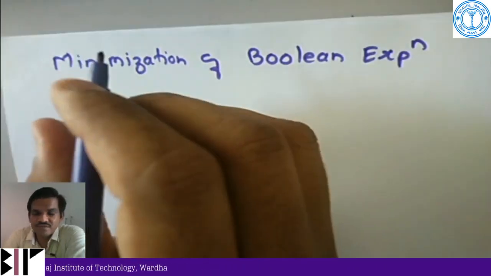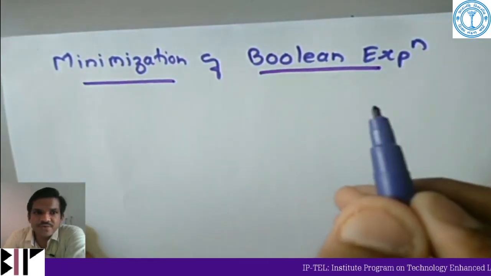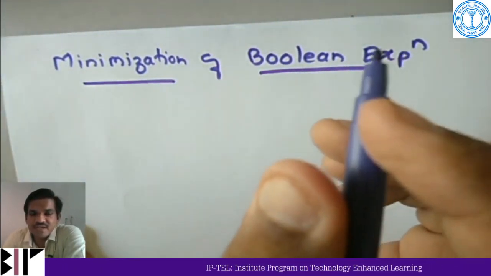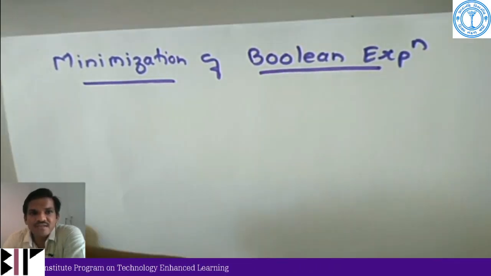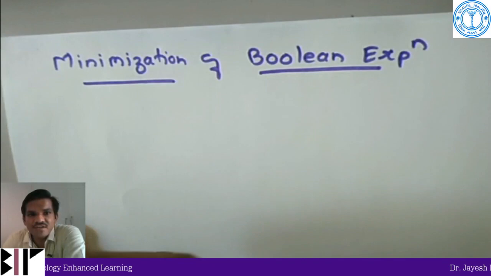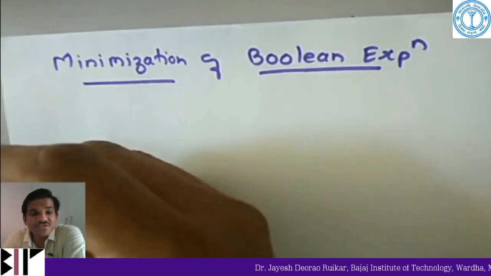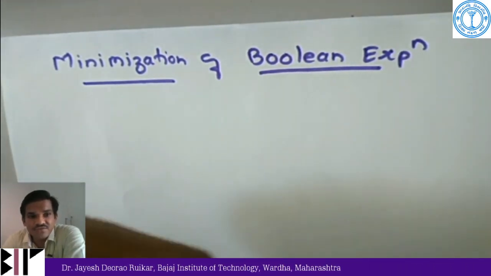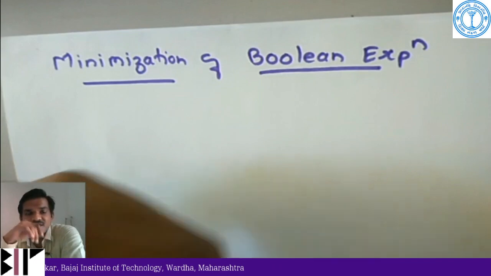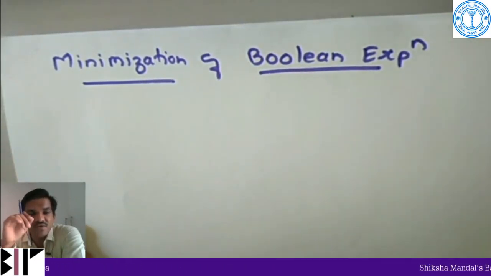Students, today we will see minimization of Boolean expressions. So we know that the Boolean functions can be realized using logic gates. The number of logic gates required and the number of input terminals for the given logic gates for the implementation of Boolean functions get reduced considerably if the Boolean functions can be simplified. Therefore, the simplification of Boolean function is very important as it saves your hardware requirement and hence the cost of the design of a specific Boolean function is reduced.